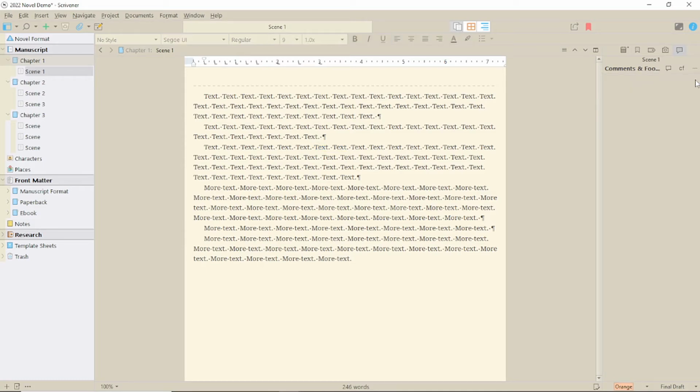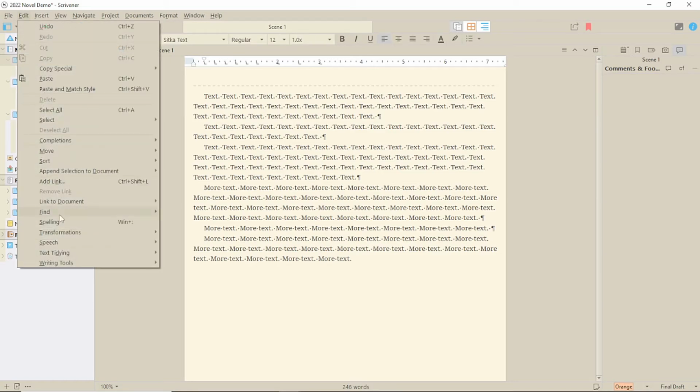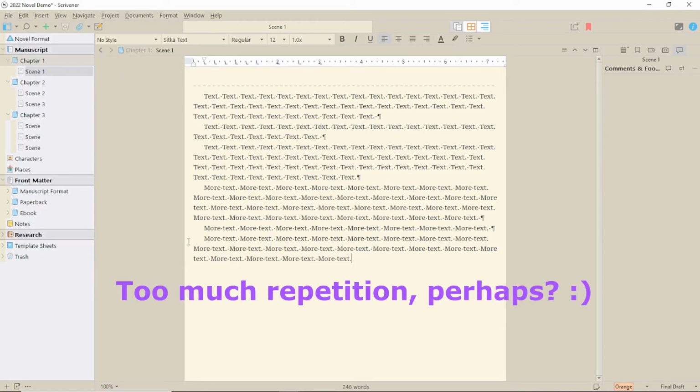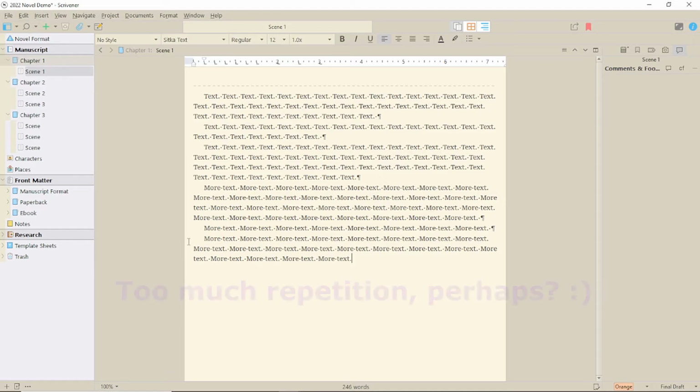Now let's look at 2 tools that will help with the flow of your text. One of the best ways to find errors in your manuscript is to listen to it read aloud. So in the Edit menu under Speech, you have the Read Aloud function, which here is called Start Speaking. This will help to find omissions, extra words, and clunky sentences.